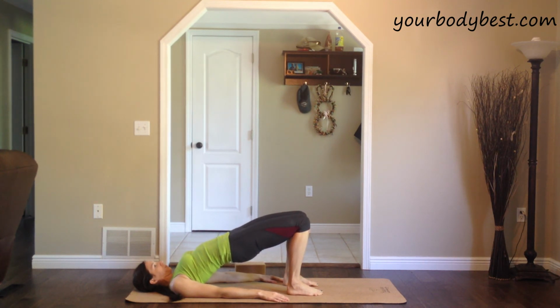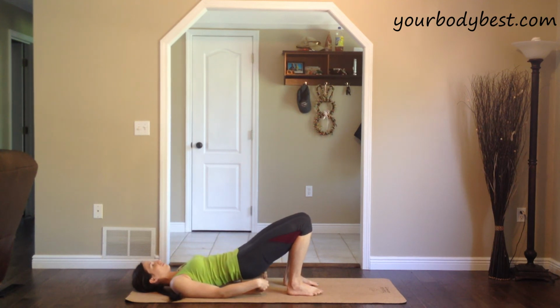So your knees are on top of your ankles. It's like you're holding a block or a pillow between your knees. So your knees don't touch, but they can't fall open either. Holding and breathing. Now go ahead and grab that block and bring it under your hips so that when you